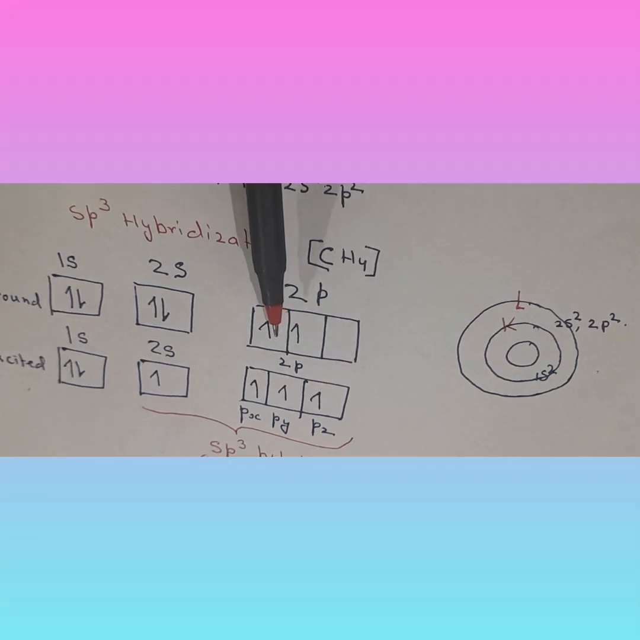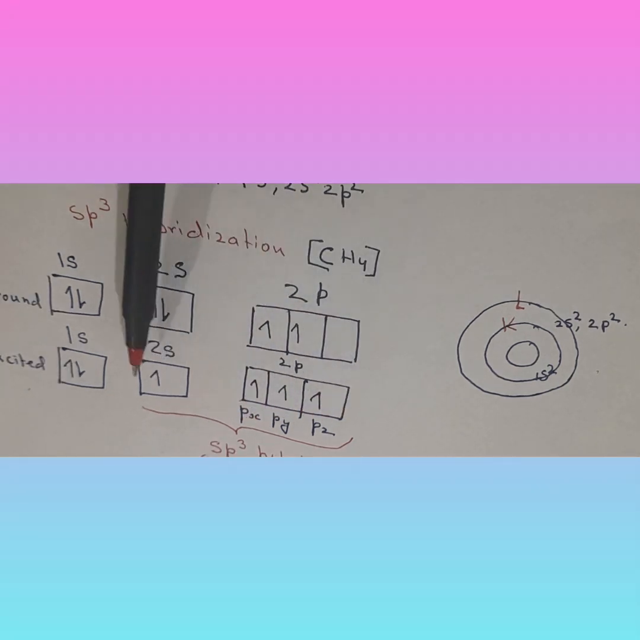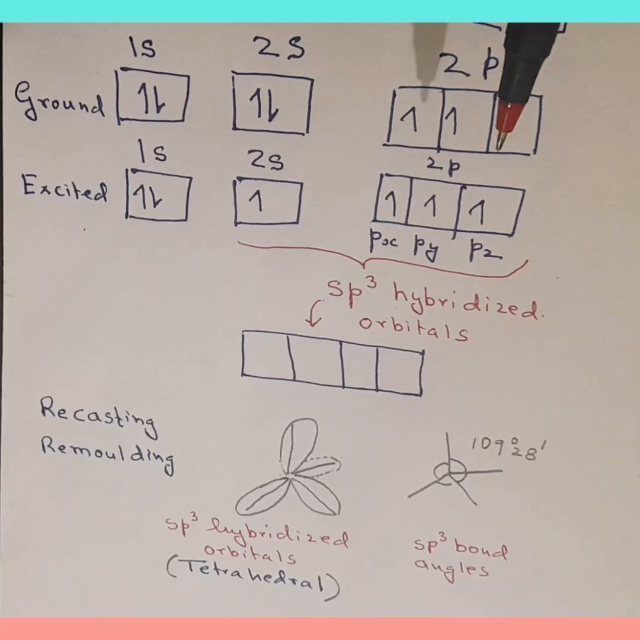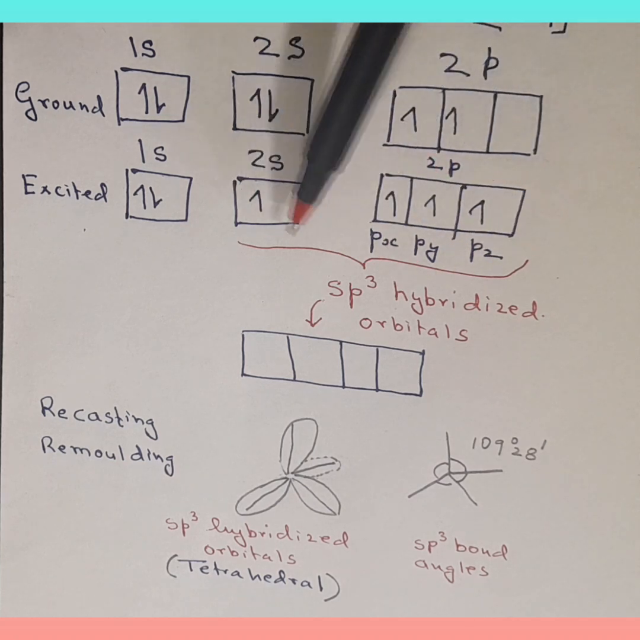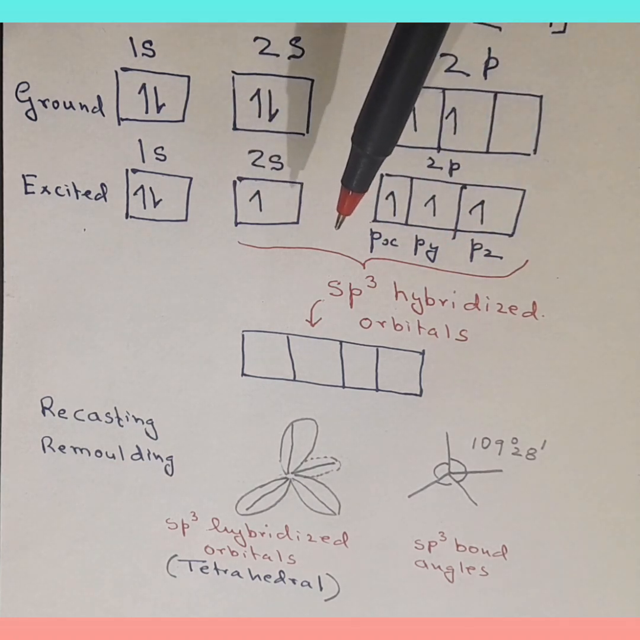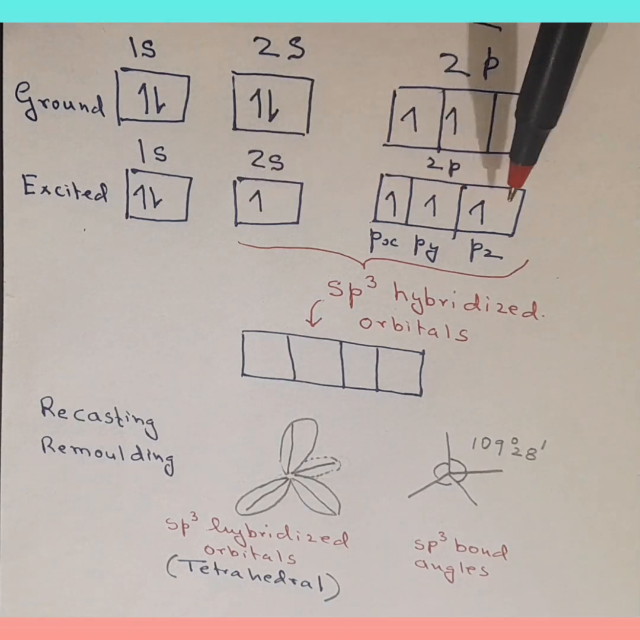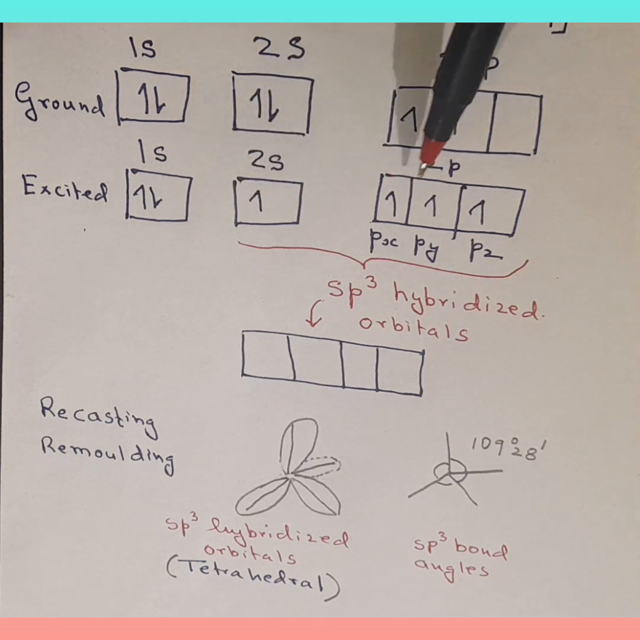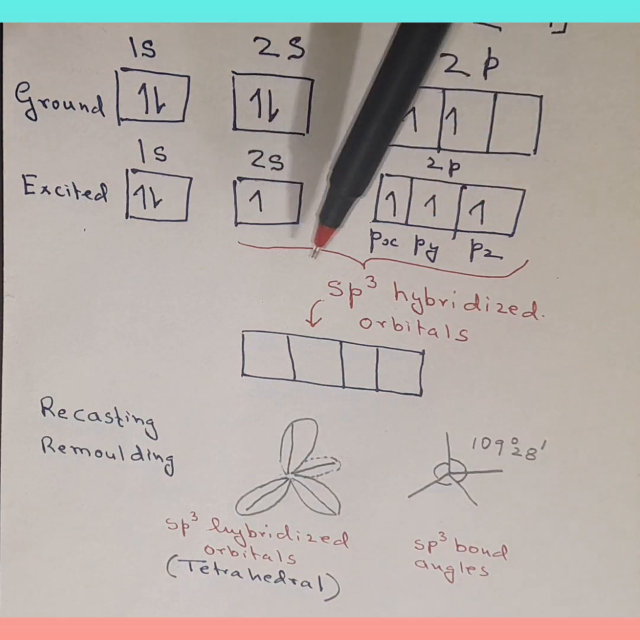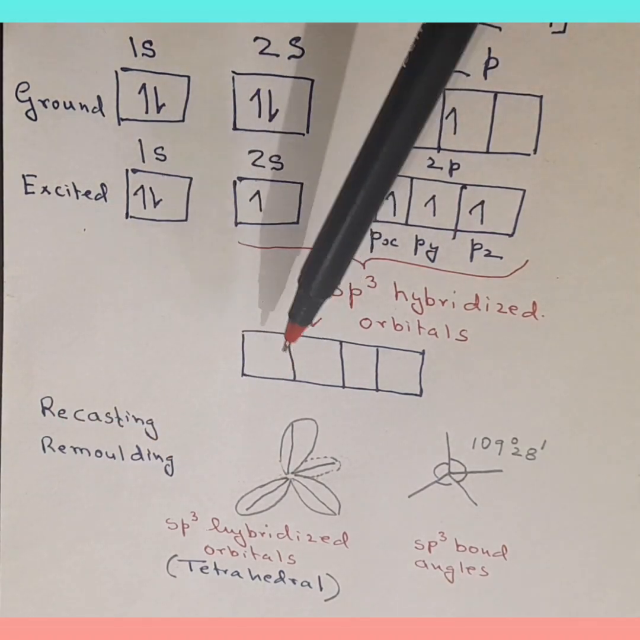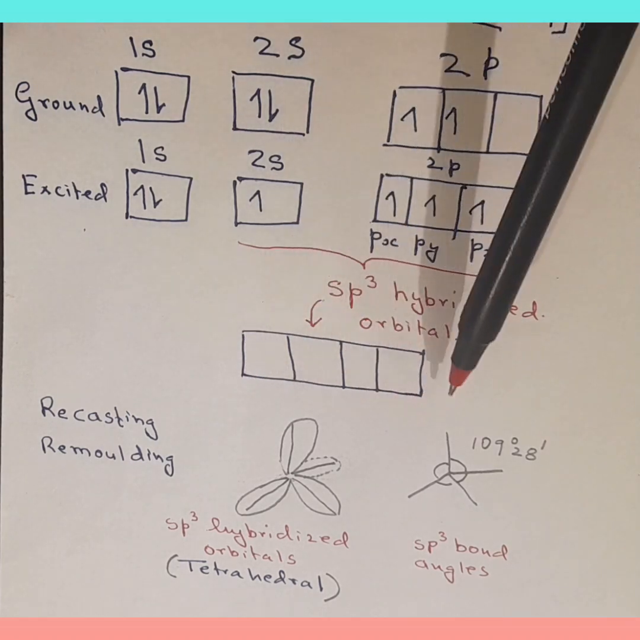We know that the p orbitals are px, py, pz. So these are all singly filled orbitals. What I talked about right now was the electron shifting from here to this orbital and getting this sort of configuration. Now let us try and understand the structure. What happens to this structure? These 4 orbitals, that is this 1s and these 3p orbitals, remix, recast and remold to give 4 orbitals